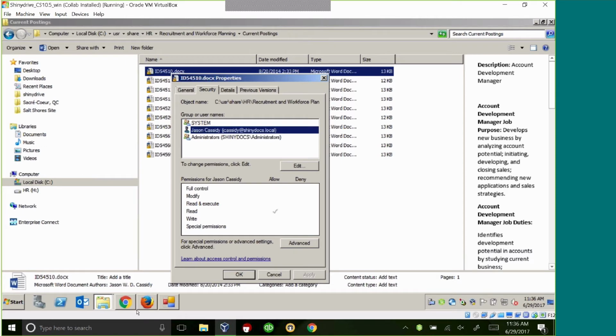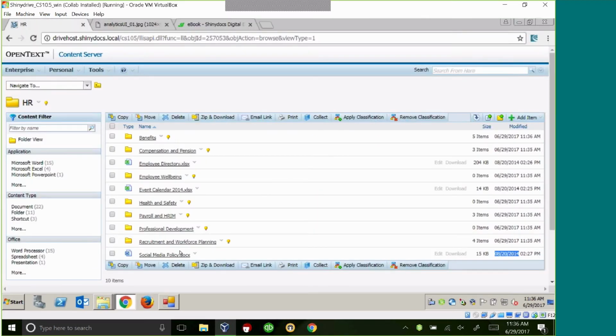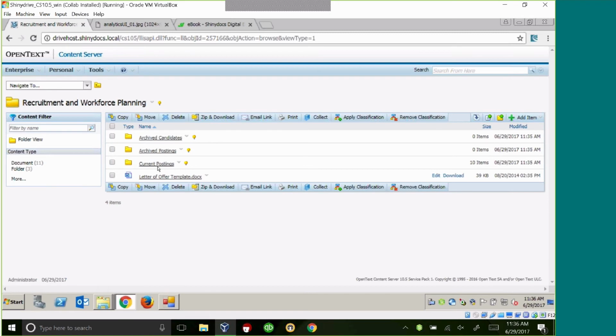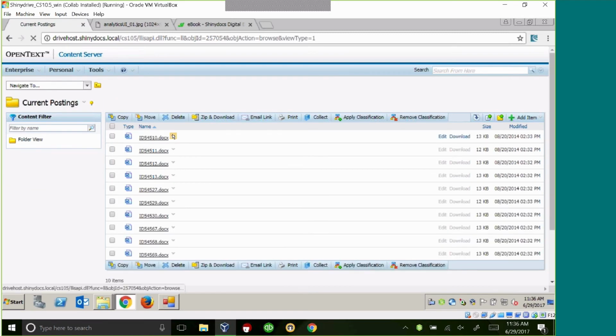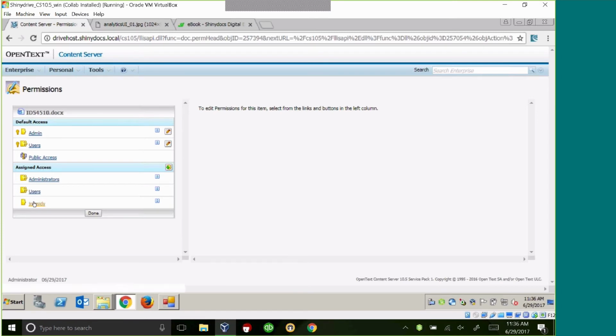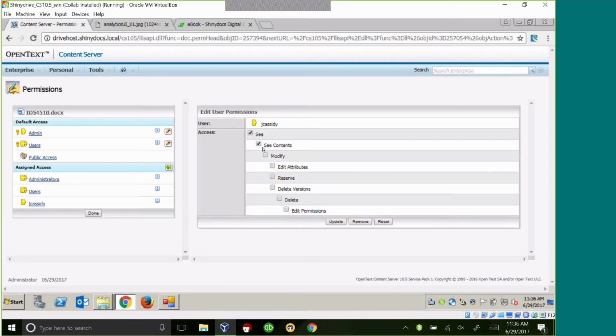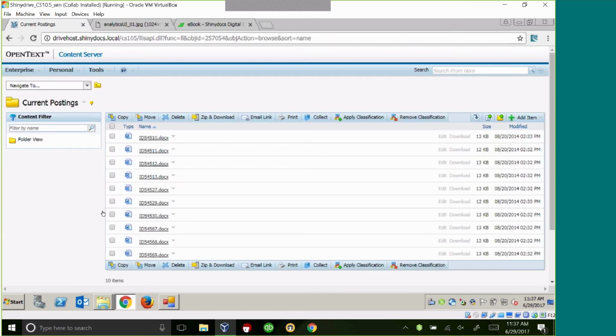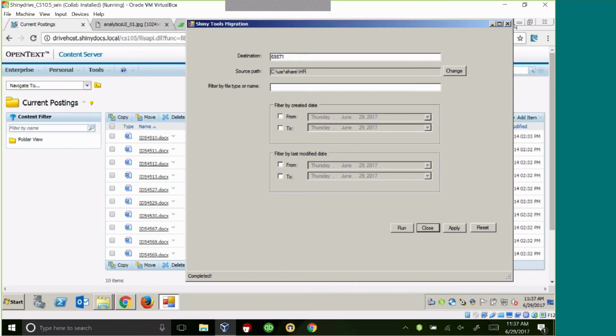And if I go in and I have a look at that same document within Content Suite, you'll see the JCASD user has read and see contents on it. So you get pretty high fidelity: obviously you get the original file name, you get the file type, you get the create dates and modified dates, you get the file system owner, and you get the ability to have the permissions come across as well.